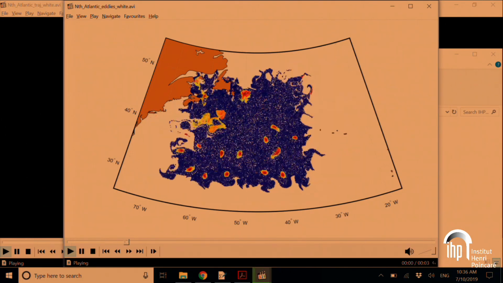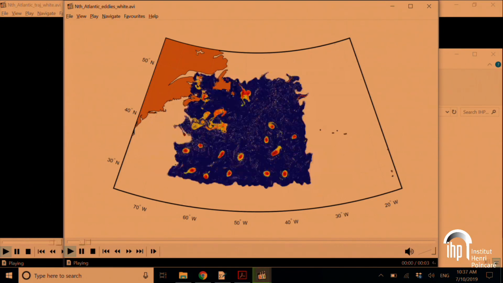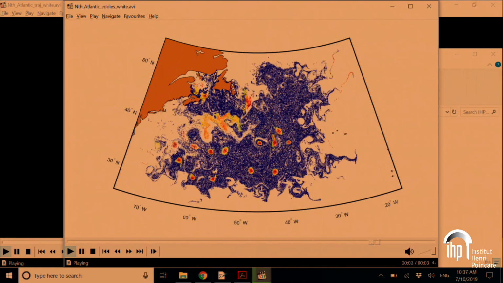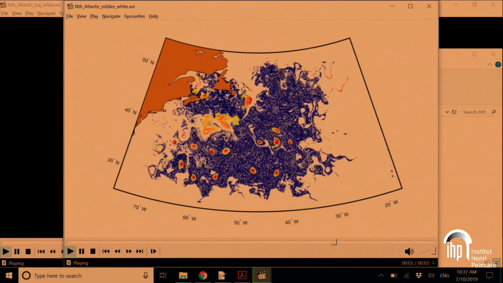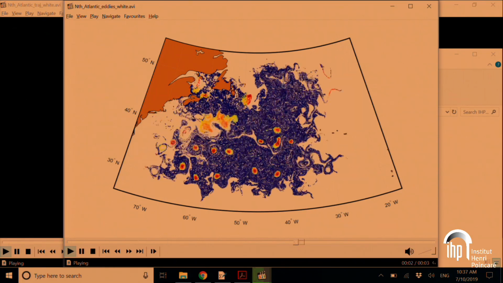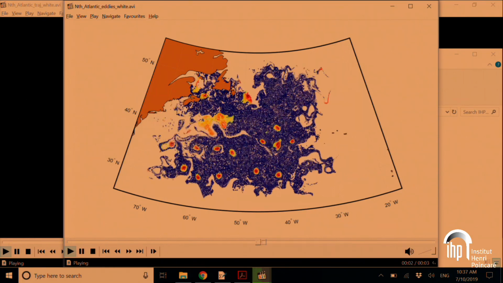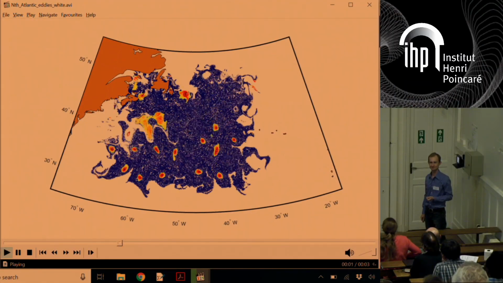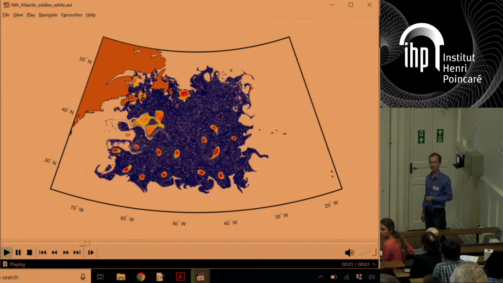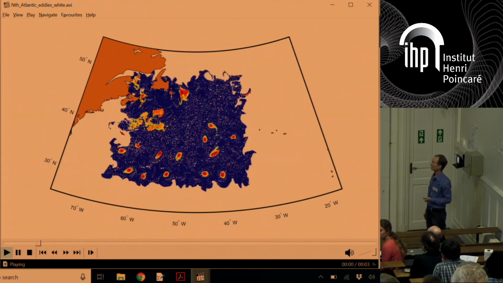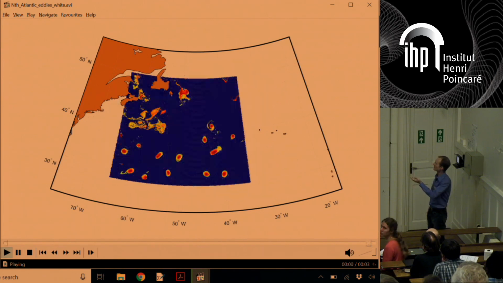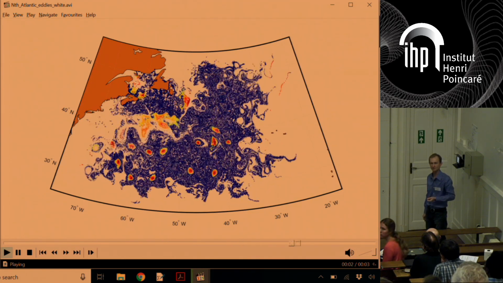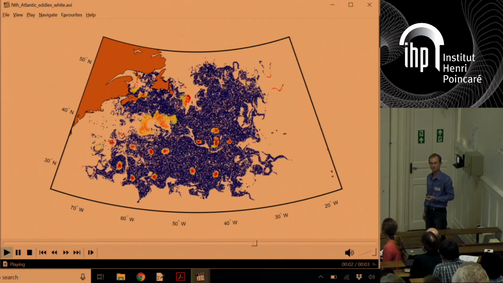Can you say what is the quantity that is contoured? What are its units? The units are non-dimensional, between 0 and 1. You could think of them as likelihood of belonging to an eddy. Blue is 0, and the deepest red is 1, and you can think of this as likelihood of belonging to an eddy or some coherent feature.